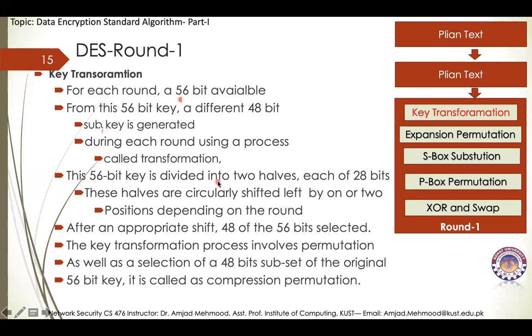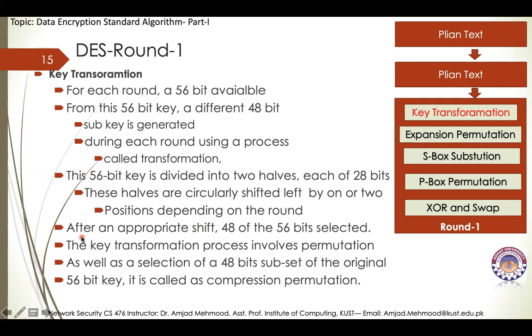The 56-bit key is divided into two halves, each of 28 bits. These halves are circularly shifted left by 1 or 2 positions depending on the round. I will give this explanation in my next lecture, about which rounds. I forgot to mention that this depends on a fixed number of rounds, like rounds 1, 2, 9 and 16. On those you will be performing a 1-bit shift, and on the remaining you will be performing a 2-bit shift